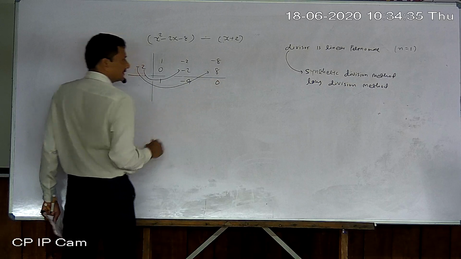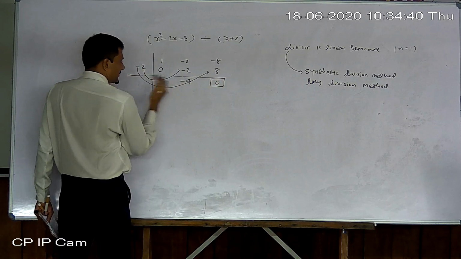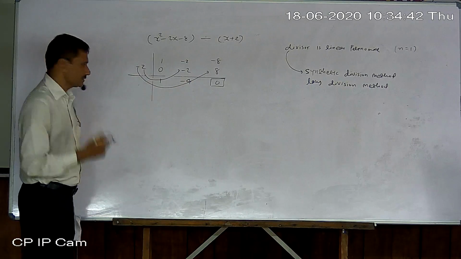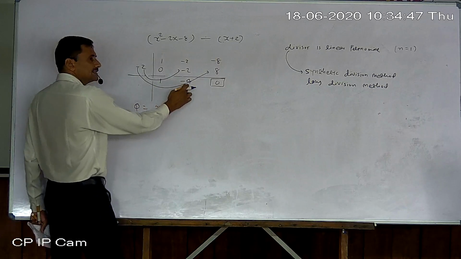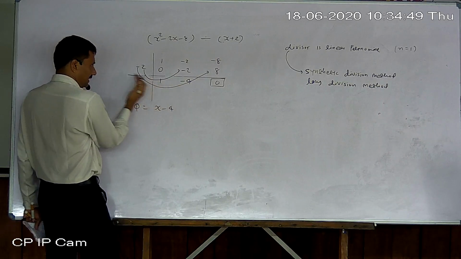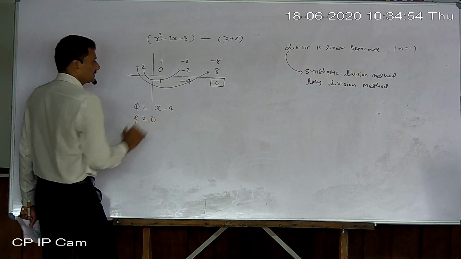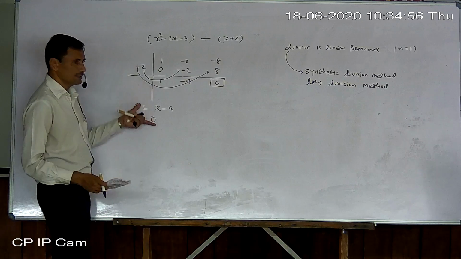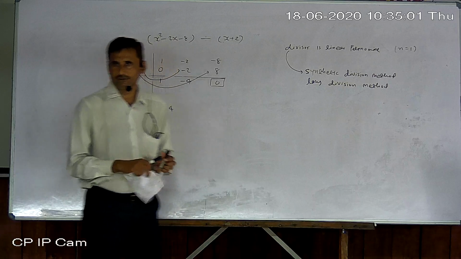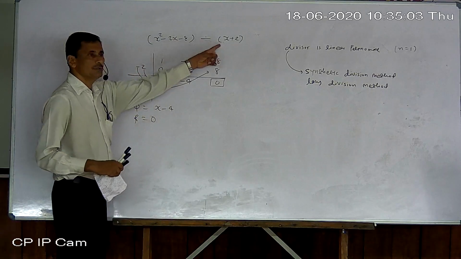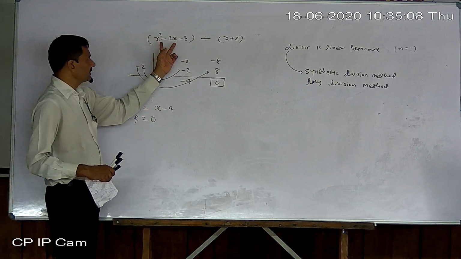So it becomes 0. Now the last digit gives us the remainder and the previous digits give us the quotient. So the quotient becomes x minus 4. Why? The last term is the constant term, then x squared, then x cubed. Okay, this you understand. And the remainder is 0. Okay, so that is revision only. So in standard 10 also, you can select the synthetic division method whenever the divisor polynomial is linear. Okay, so keep in mind, I quickly revised it.